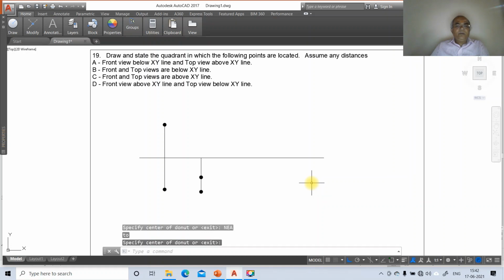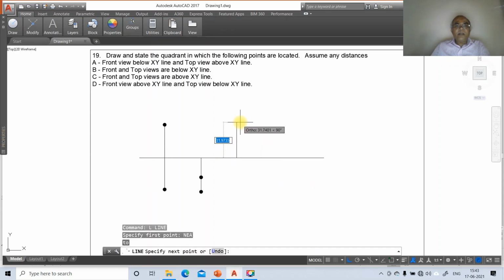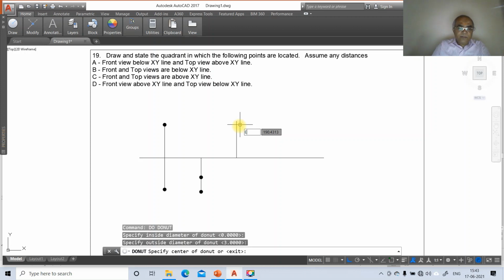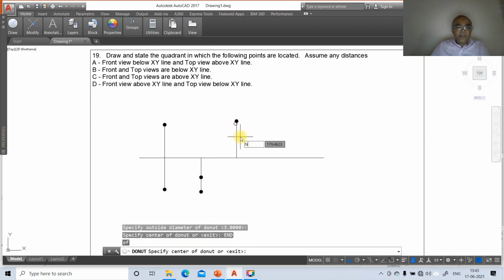Then go to line, take nearest point on this and draw a vertical line, take donut, take center point, end of this, then nearest point on this.